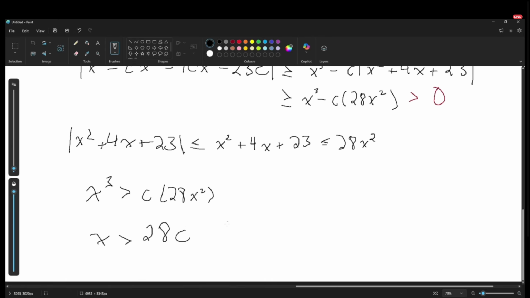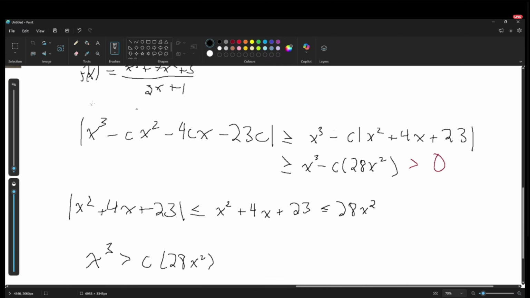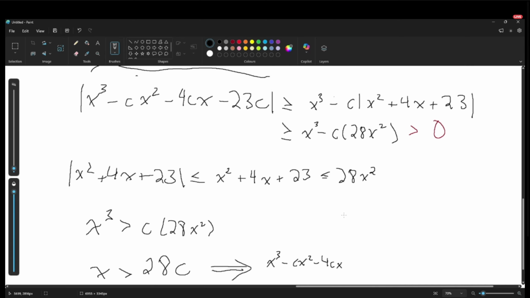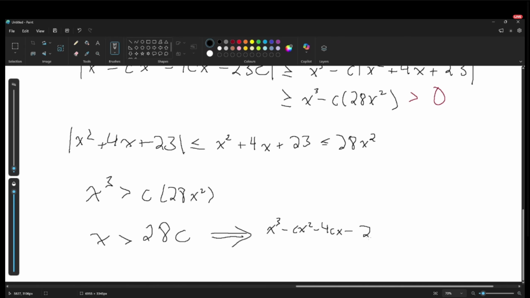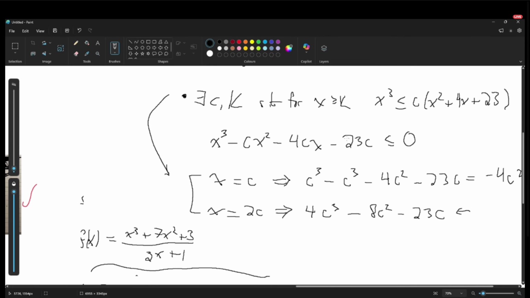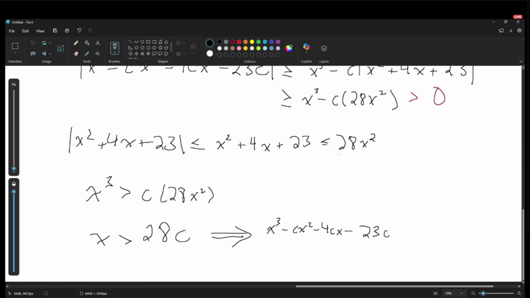So now that means that when x is more than 28c, this implies that x cubed minus cx squared minus 4cx minus 23c, right, is